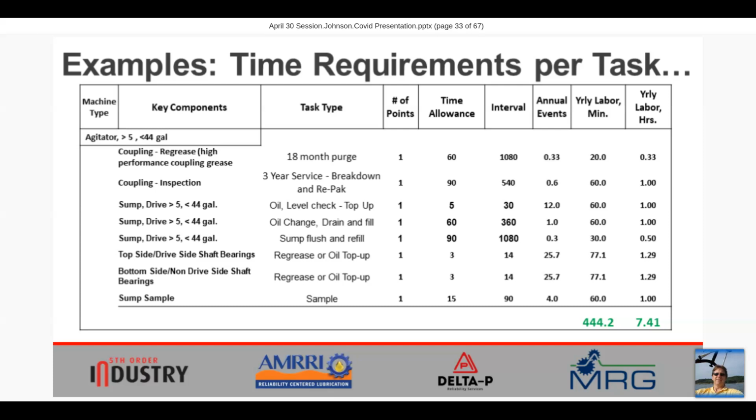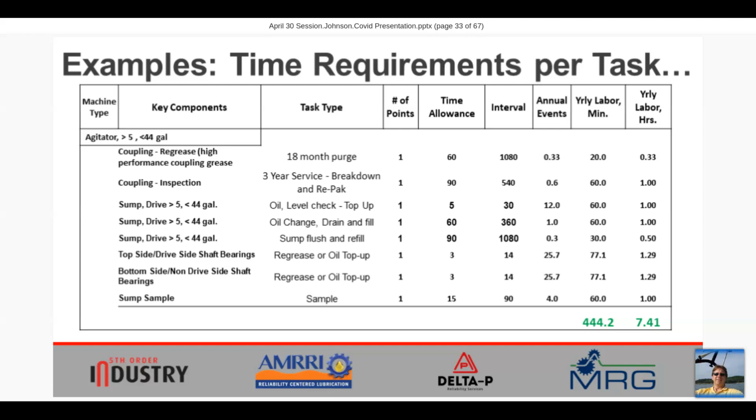So back to the agitator, a relatively small sized agitator, a couple coupling tasks. We've got an oil level check top up task, an annual drain and fill, a 3-year sump flush and fill. We have bearings on the top, bearings on the bottom, and then perhaps we even have a sump sample activity.